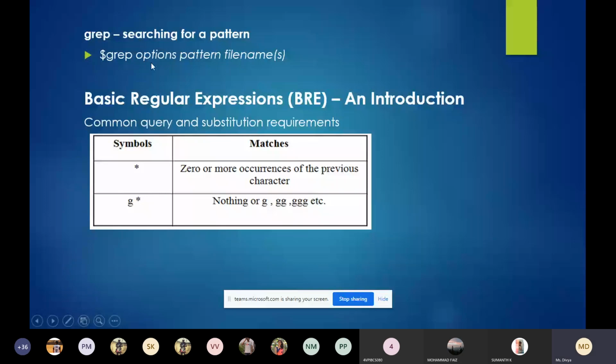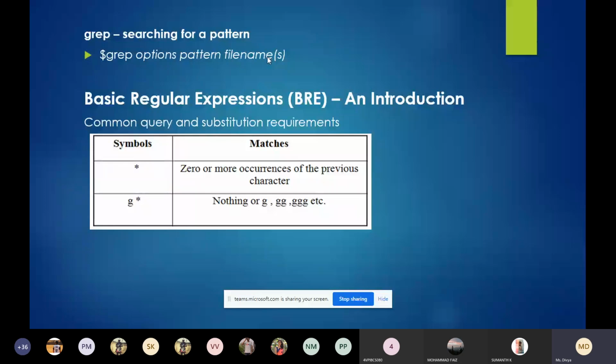This is the syntax we use for the grep command. Grep is used for searching a pattern. First write the command name, grep, and we can have a number of options, which we will discuss later. After that, write the pattern, for example VCT, and then the name of the file, in my case 1.txt.